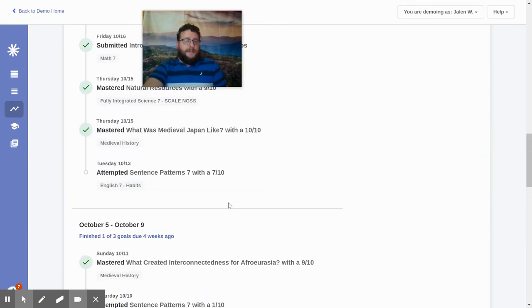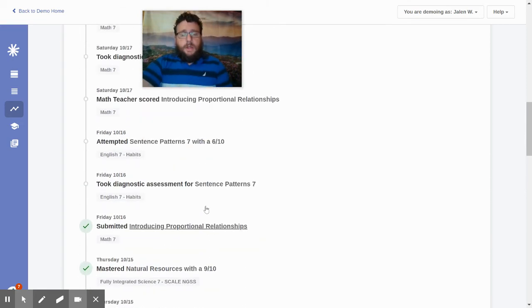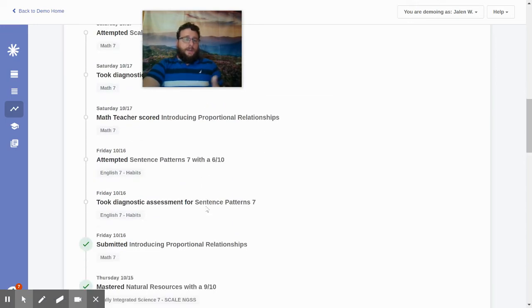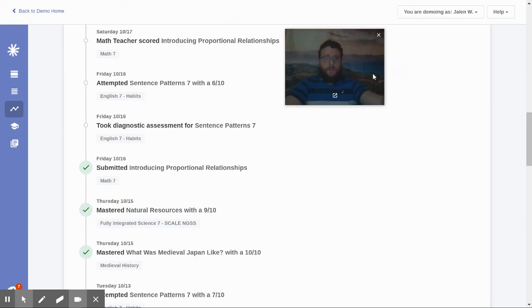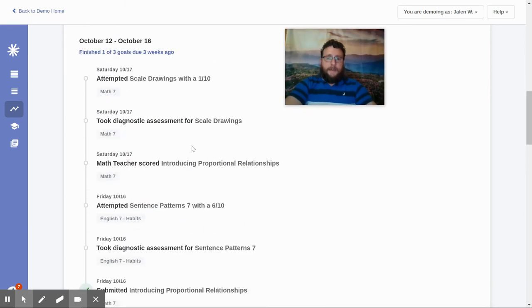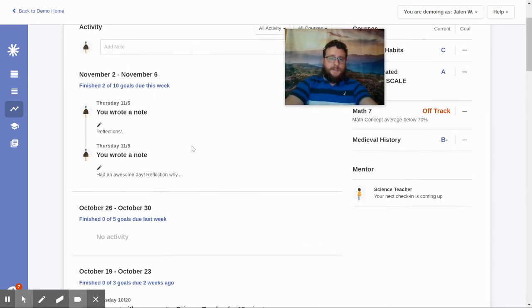When you attempt a test and you didn't pass it, it doesn't turn red because that's not a bad thing unless it's already overdue. So these are literally a log, and you want to see weeks that kind of look like this, where you have a lot of action going on. The student is doing a lot of steps,